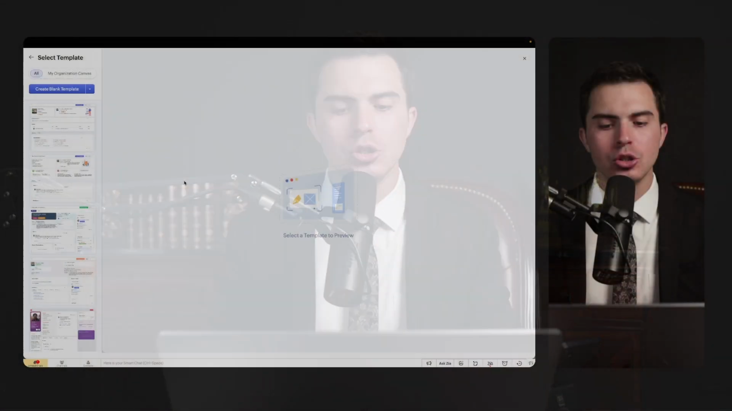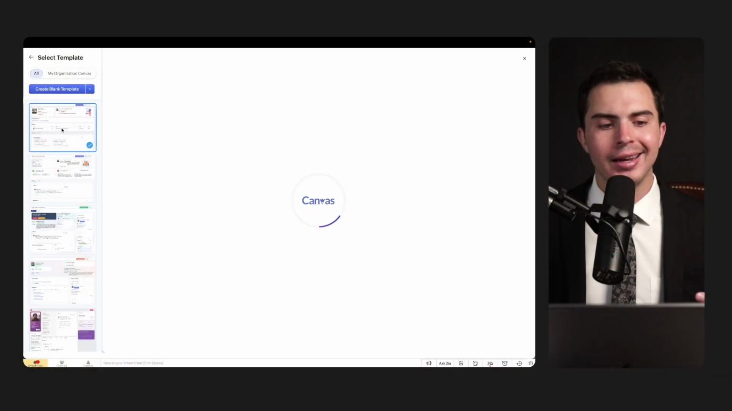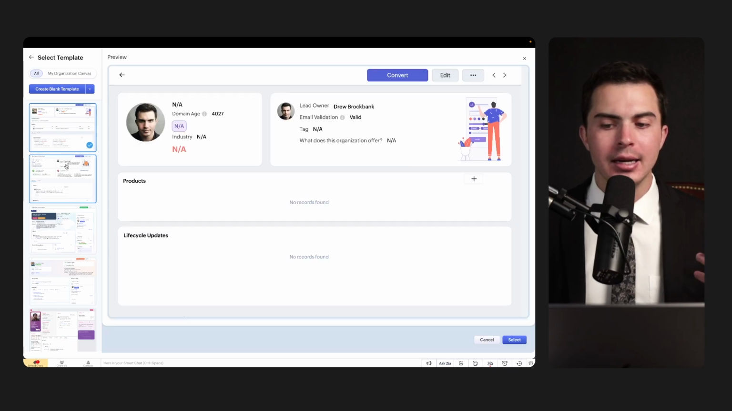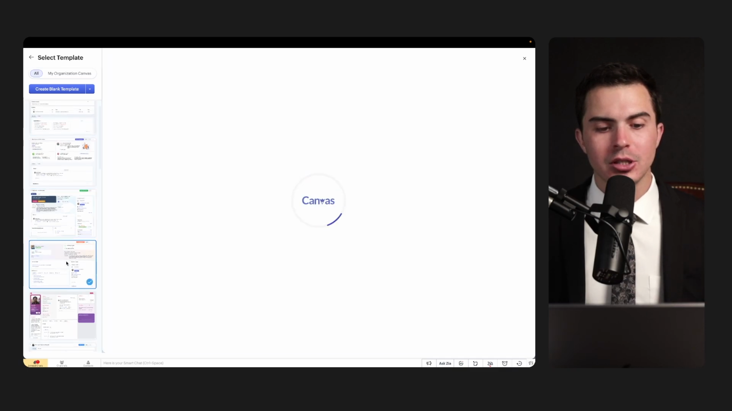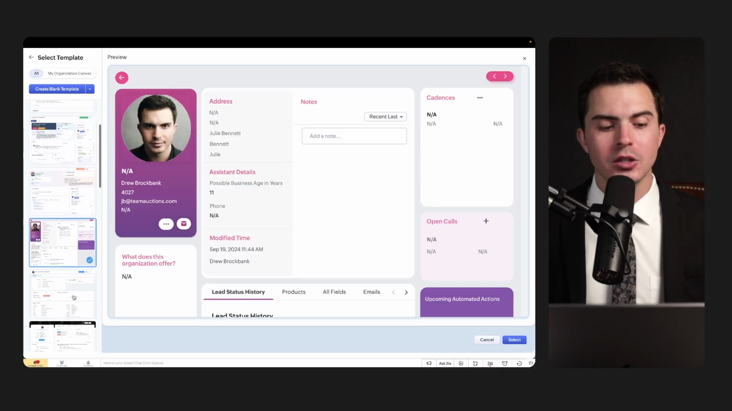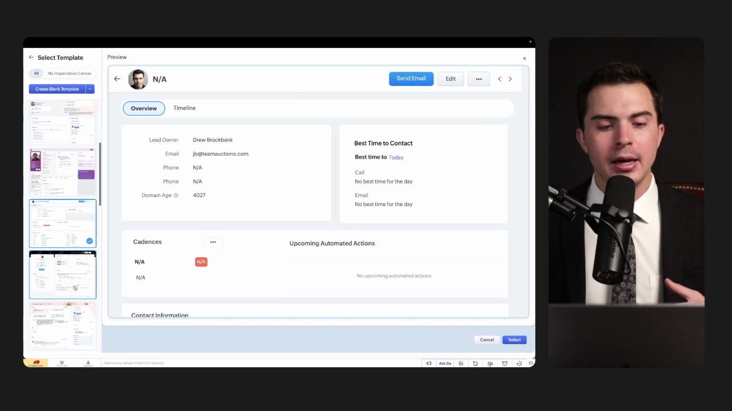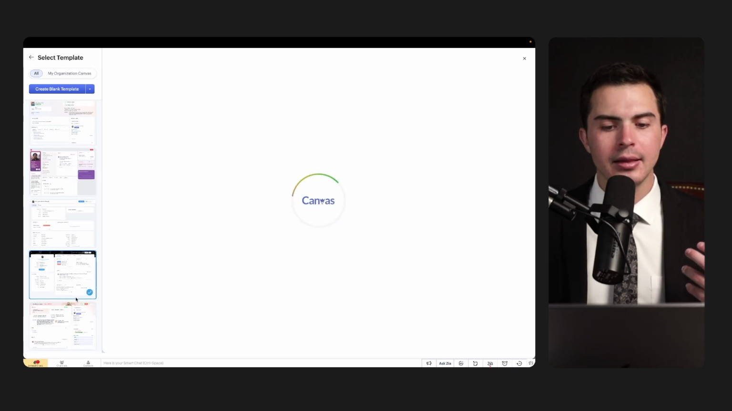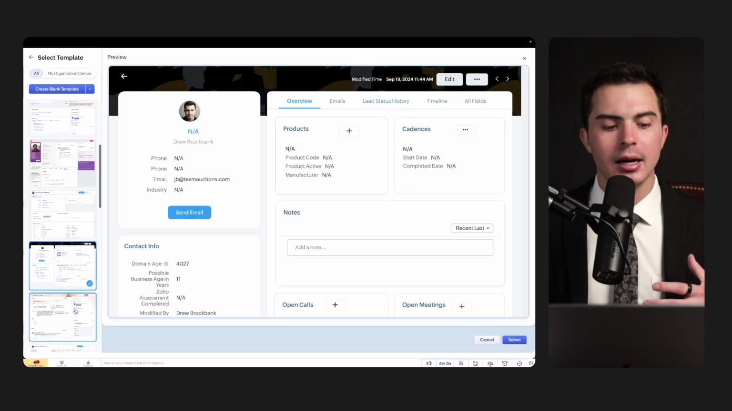Zoho CRM has a very neat capability called Canvas View. It allows you to customize the front end UI of a record and of a list view for multiple records. So you can see there's different templates here that you can look through to determine which view is going to be best for you. Now, I'll tell you one of the reasons that I think this is something not to do